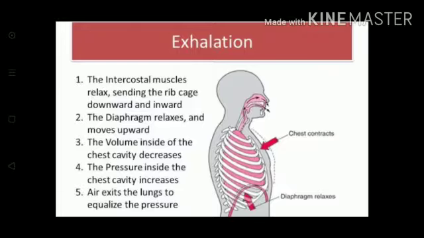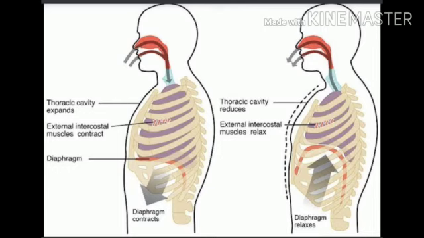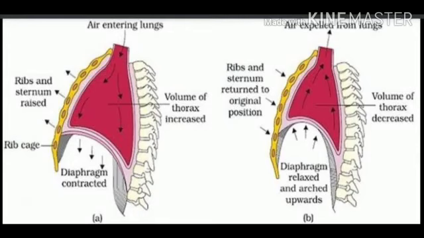Let's proceed and know about expiration or exhalation or giving out carbon dioxide. Expiration is the result of reverse movements of ribs and diaphragm. During expiration, the intercostal muscles relax and the ribs move in. The diaphragm also relaxes and moves upwards to its dome-like outline. As a result, the volume of the thoracic cavity is decreased and the lungs are compressed, forcing the air out